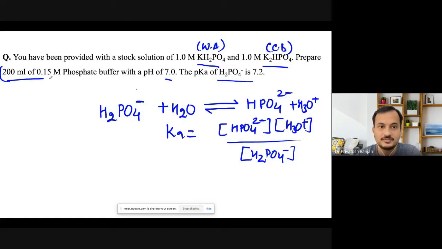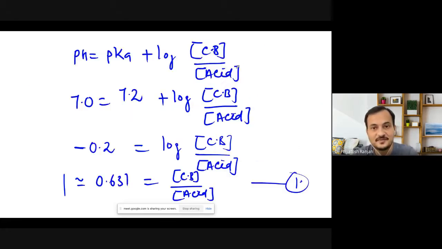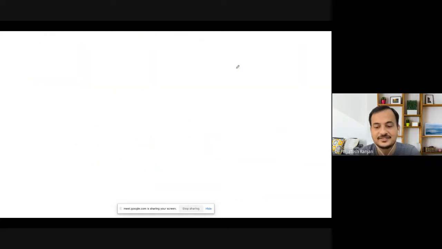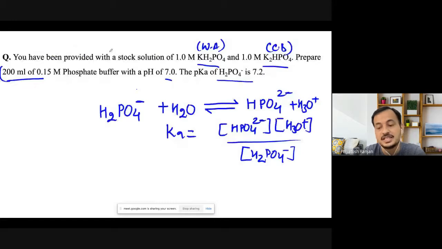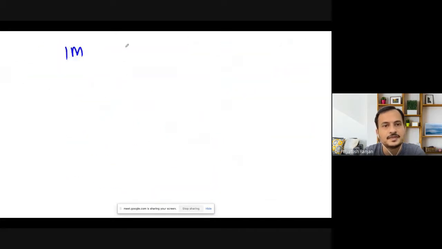perfect, 0.15 molar phosphate, perfect, I have calculated, but this buffer I have to prepare from my stock solution, which is 1 molar KH2PO4 and 1 molar K2HPO4 given. So I have been provided with these stock solutions in the lab. So let me recalculate it. So they have given 1 molar KH2PO4,